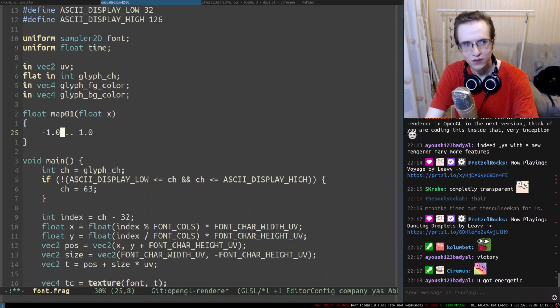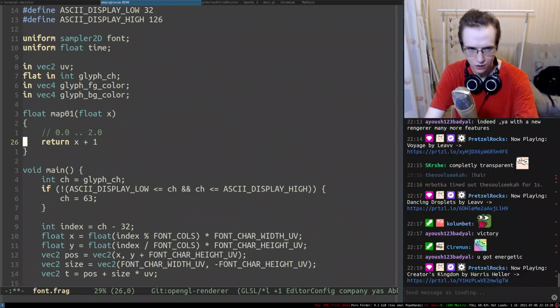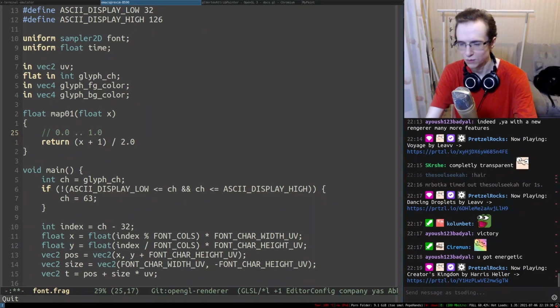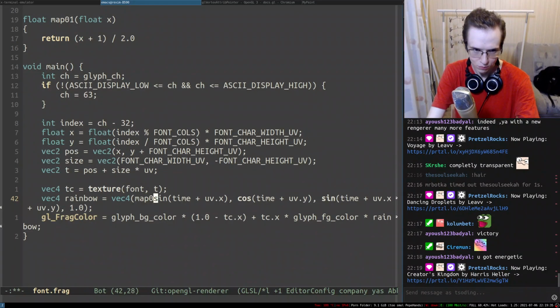To move this entire thing, first thing you want to do, I think you want to add 1, right? If you add 1 to both of the ends, you're going to have 0 and 2. And after that, you can divide this by 2, and that will turn it into 0, 1. So this is how we can map -1 to 1 to 0 to 1. So it's actually quite convenient. And then we can just do map 0, 1 like this.